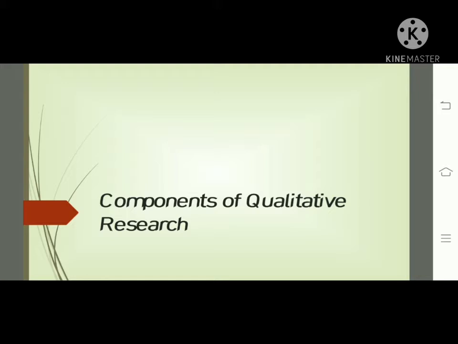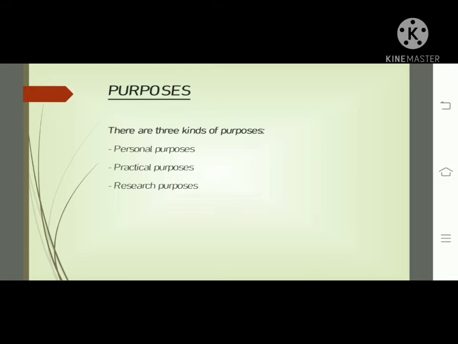We will talk about components of qualitative research design. There are 5 components: purpose, conceptual context, research questions, methods, and validity. The first is purpose. What are the ultimate goals of this study? What issues is it intended to illuminate, and what practices will it influence? Why do you want to conduct it? And why should we care about this result?